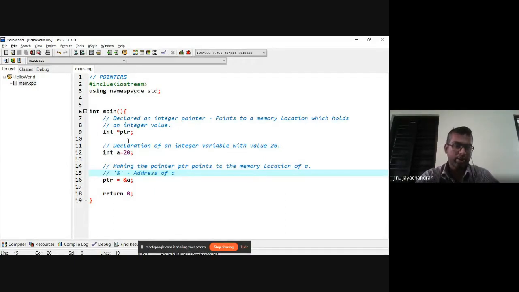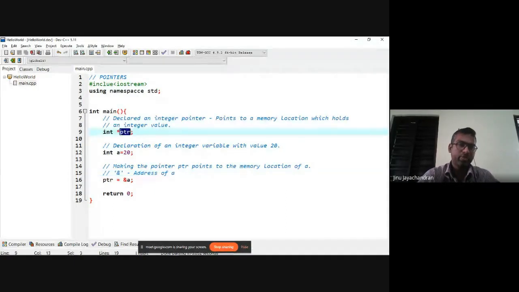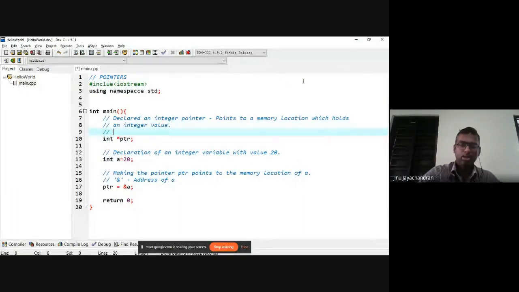So I have declared a pointer called ptr with a star.